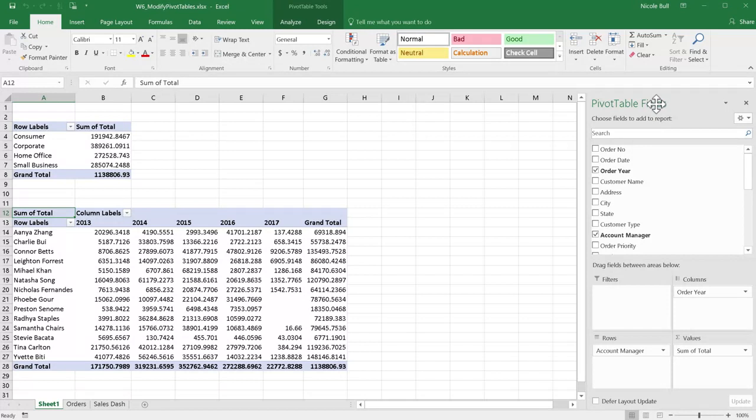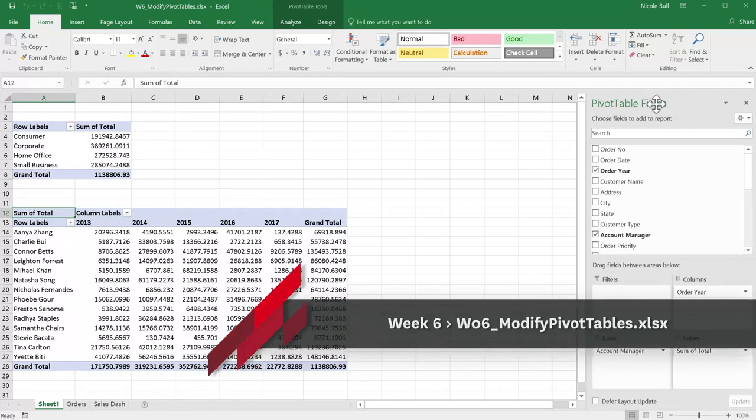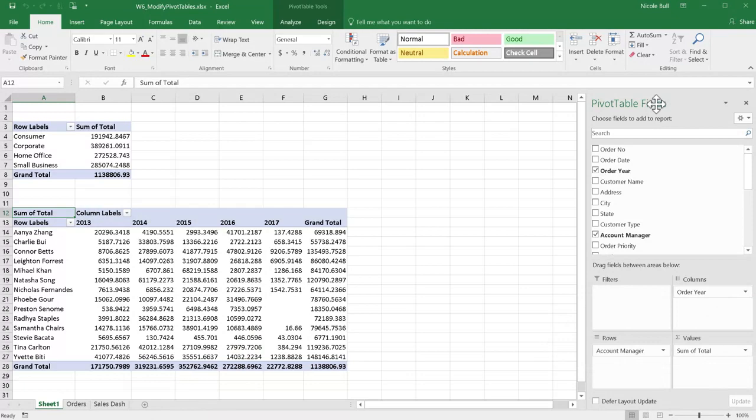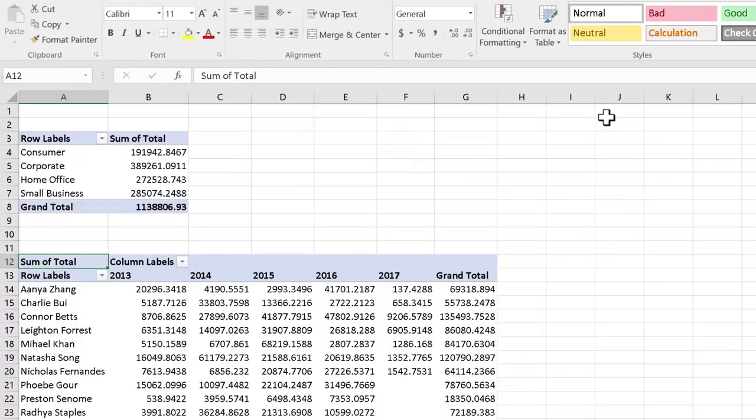One of the things that makes pivot tables so powerful is the ease with which they can be changed. And not just the data, but even how it is calculated and presented. In our last video, Uma created a pivot table showing us the total sales by customer type. Her manager, however, has asked that she adjust this, so rather than showing the total sales, it shows the number